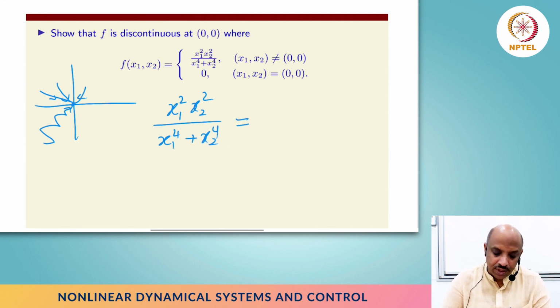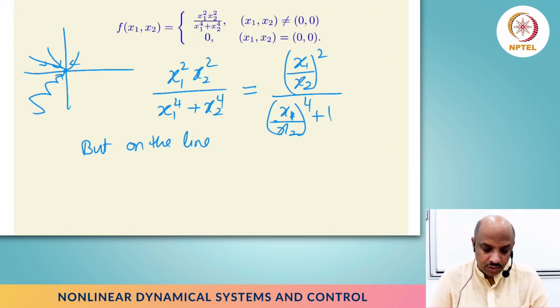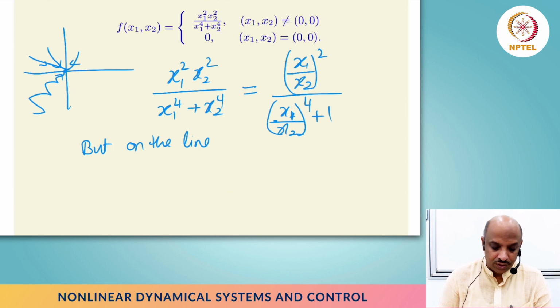So I'm going to do this trick. I'm going to divide numerator and denominator by x to power 4, and I'm going to end up with this, right? Yeah, so we have this function x1 square x2 square divided by this fourth order summation. We rewrite this as a ratio of these things, and then I'm going to show on the line x1 is